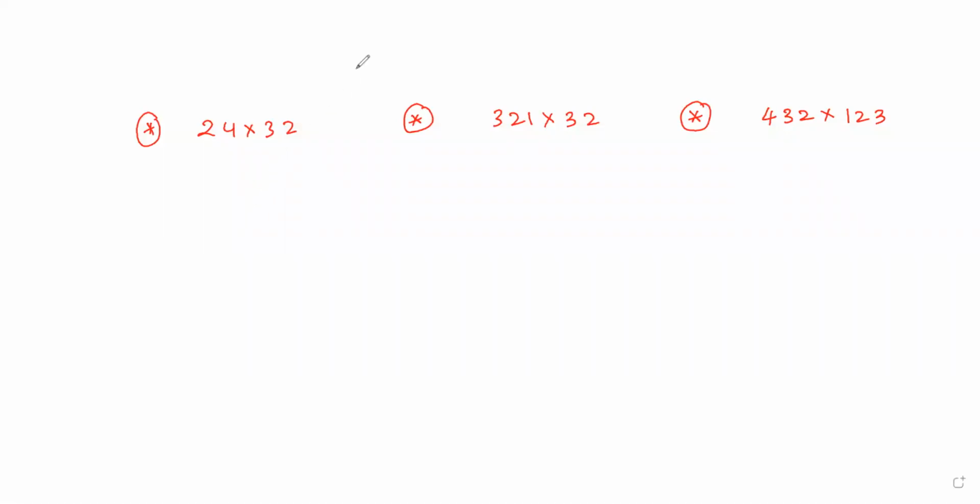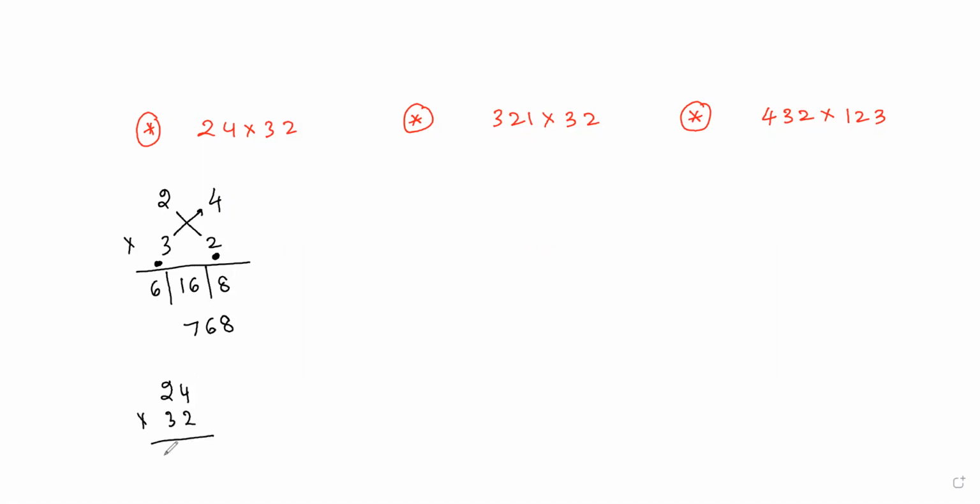Okay, let us see the first one. 24 times 32. If you are focusing on 3, so 3 into 2 will be 6. Next, my 3 moving to 4, that is 12. So this is 12, and the before-after combination will be this, that is 4. Then you are getting 16. And the next new digit will be selected after cancellation of the previously selected digit. So then you are getting 8. So 768 you got.